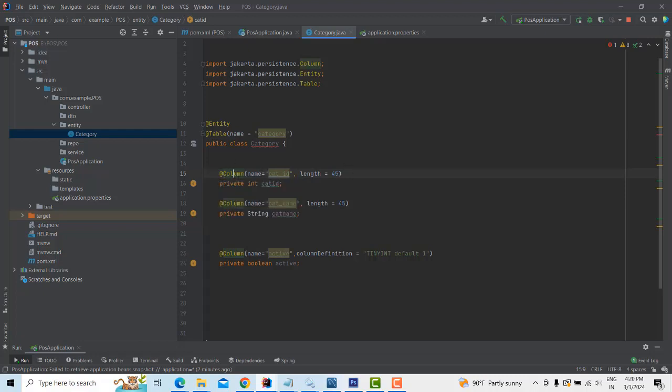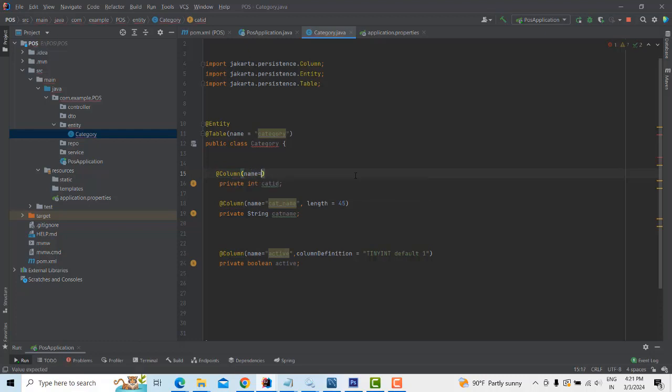Just copy and paste. That's why the red color should change. Press the Enter key and the color will be taken care of, if you import this namespace. First, I'm going to write it here for catId. So here @Column, and then the column name